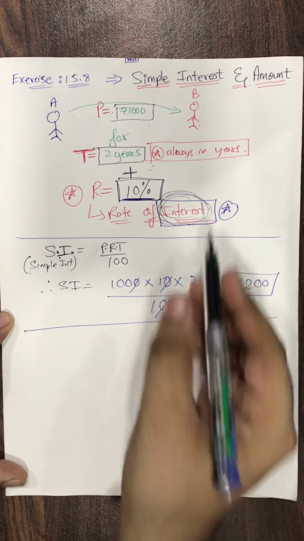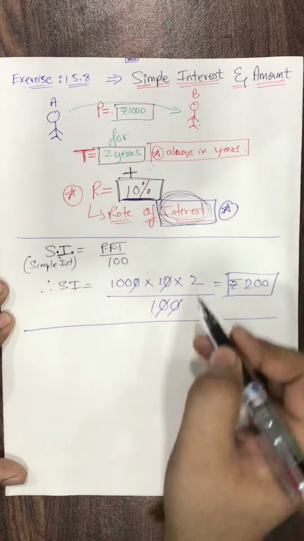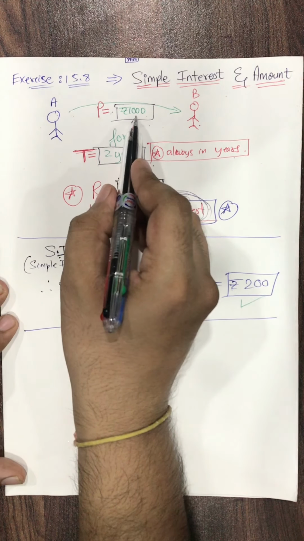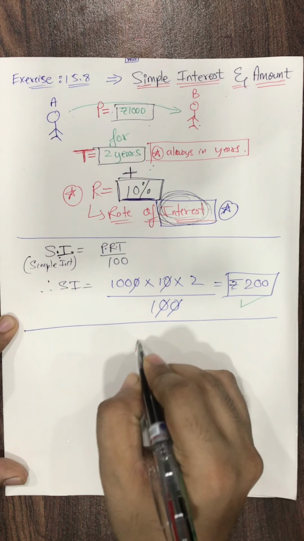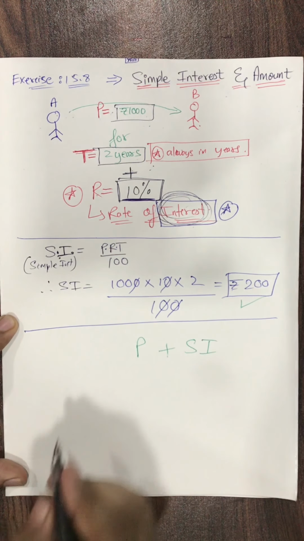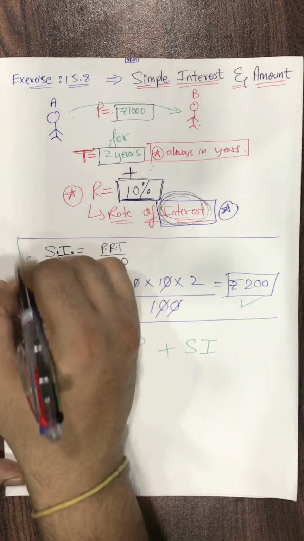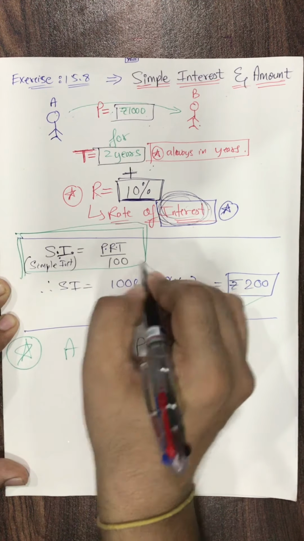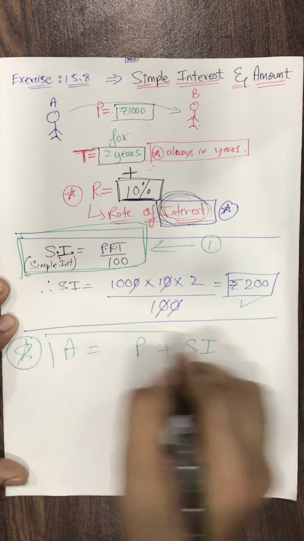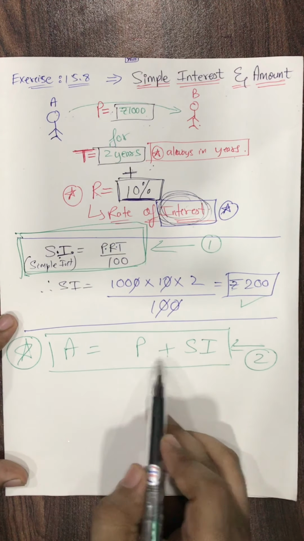Now please understand the story. So how much total amount will B give to A? B will give 1000 rupees plus this simple interest, which is rupees 200. So what is this 1000 rupees? What we call principal. So principal plus simple interest. This is simple interest 200 and this is nothing but the amount, and this is my second formula. Students, this was my first formula. I want you all to learn this by heart. This was my first formula of this note and this is my second formula. There are only 2 formulas in this chapter.